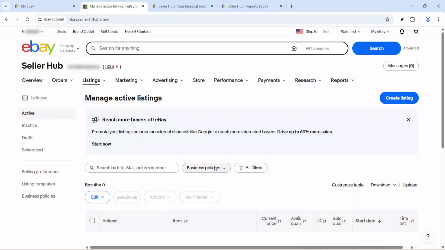In today's video, I'm going to teach you how to download an invoice on eBay. If you need a copy of your invoice for bookkeeping, tax records, or just to keep your account information organized, eBay makes the process pretty straightforward once you know where to look. In this walkthrough, I'll guide you through the exact path so you can quickly find and download your invoices from